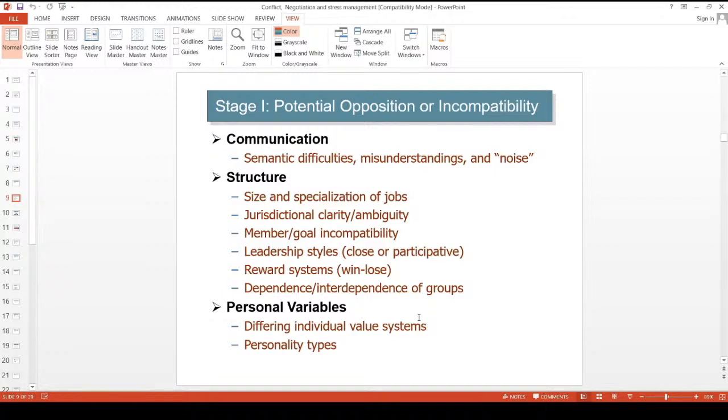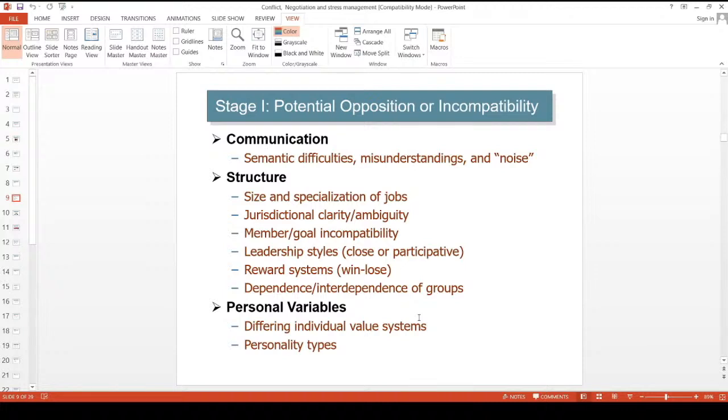The channel chosen to communicate influence or stimulating opposition. So communication can be one of the sources to initiate the process of conflict. The second important thing is the structure. Structure includes variables such as size, degree of specialization, jurisdiction clarity, member goal compatibility, leadership styles, reward systems, and the